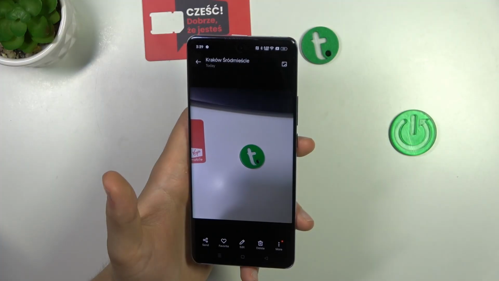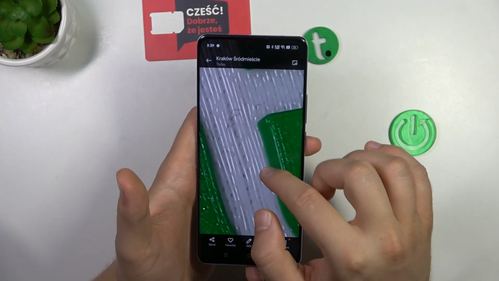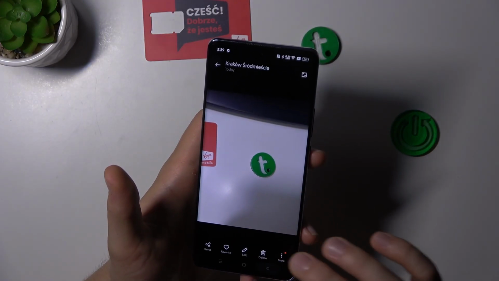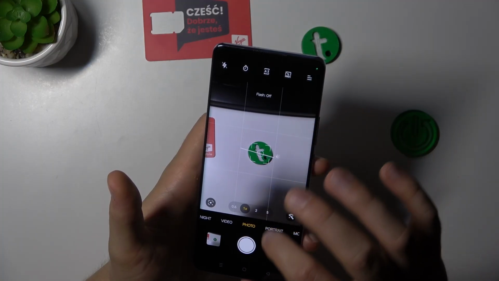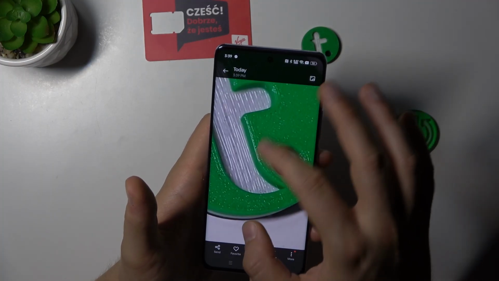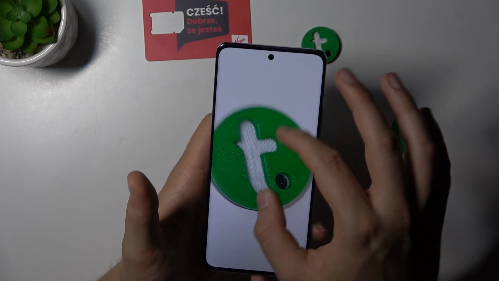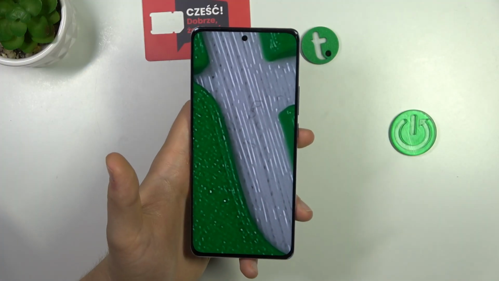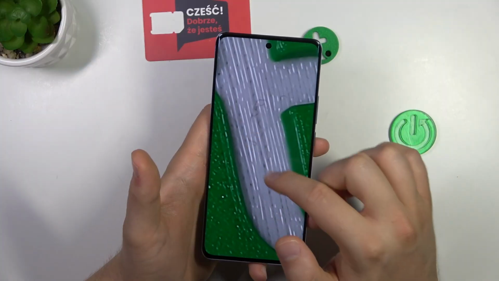So right now, just take a look. It looks definitely better, right? I'm gonna take the same photo but without the flashlight. Of course, it's very common, but you know, sometimes people forget about this stuff. So that's the quality of this photo, and that's the quality of the photo with the flashlight. As you can see, we can spot definitely more details, especially when you take a look right here inside, at this button structure or at